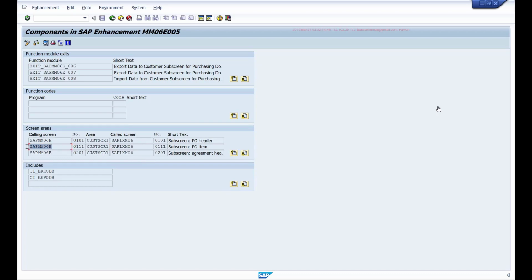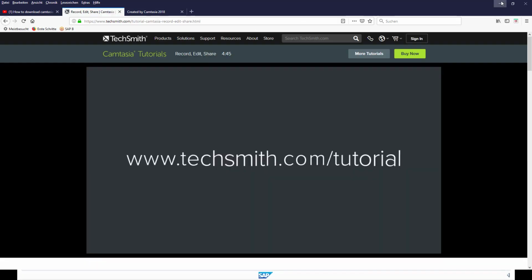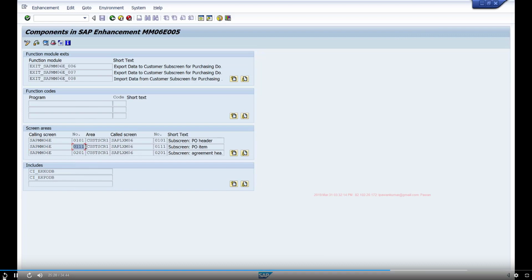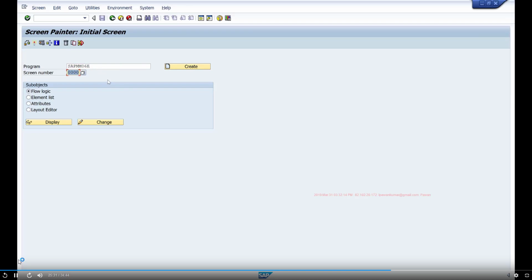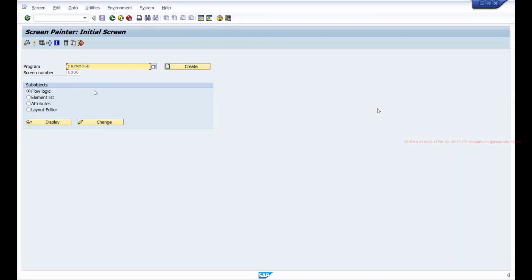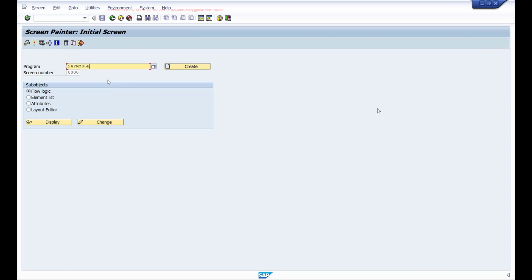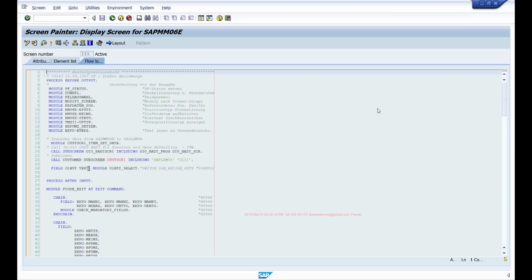So if you look at this screen, for example, if I go to SE51, give the program name and the screen number 0111, and if I look at the flow logic, here you can see it is having this statement called customer subscreen, this subscreen area including this program and this screen number.